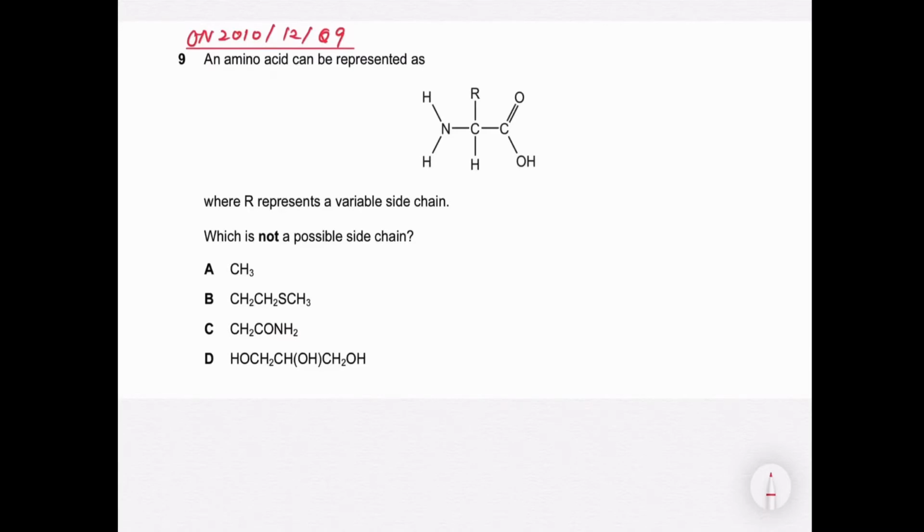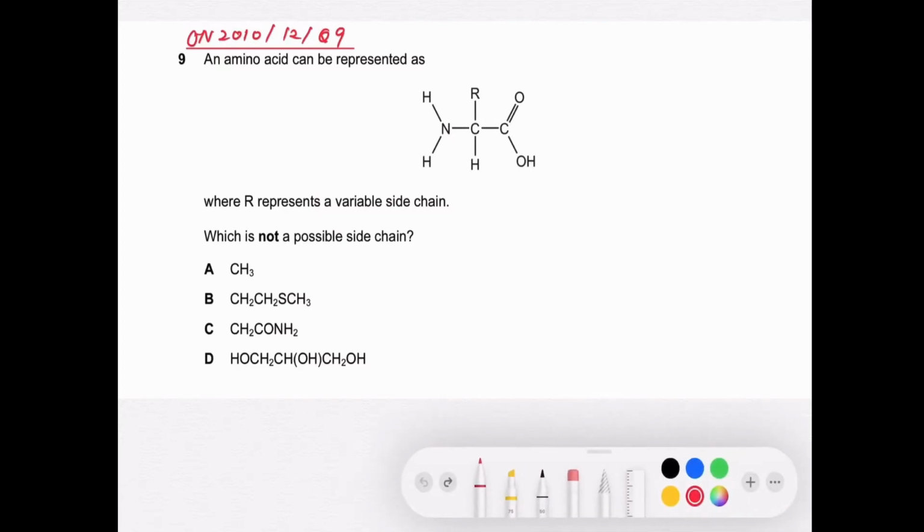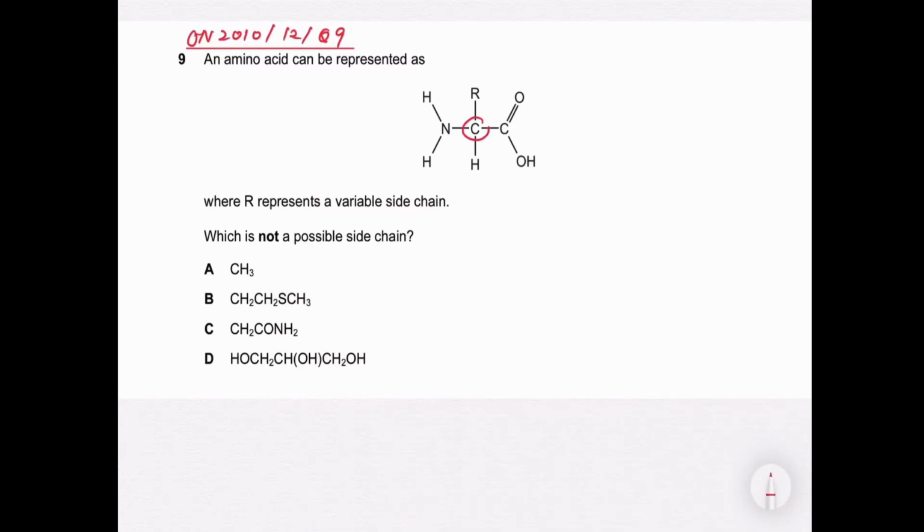This question is actually testing on students' understanding of topic 2, biological molecules of AS, about the structure of amino acid. Okay, how can you tell this is an amino acid? Every amino acid will have 4 different groups attached to the alpha carbon. So the alpha carbon will be this,